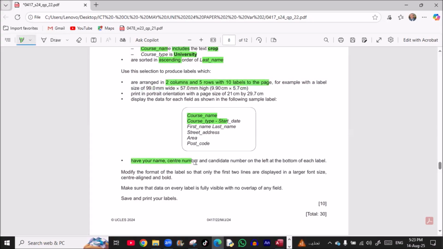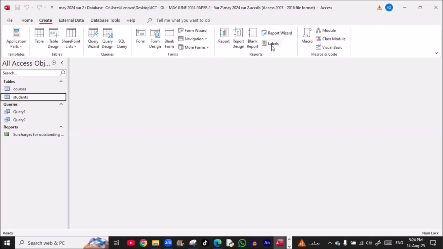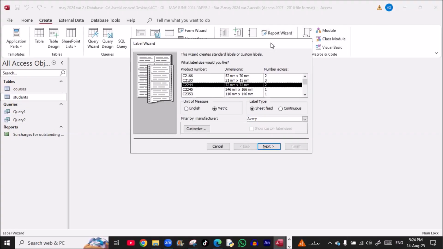So we'll go to create. Instead of report wizard, we'll select labels, and we'll need these labels, 72 multiplied by 72. It will be the default. And then next,